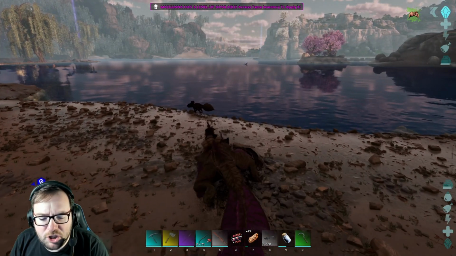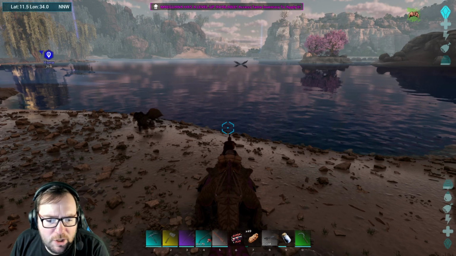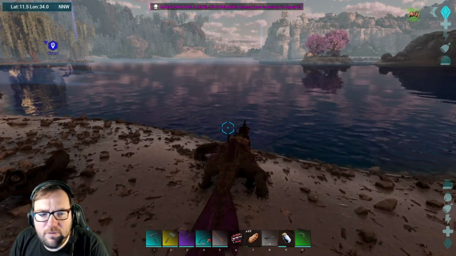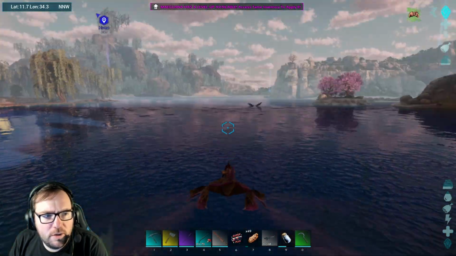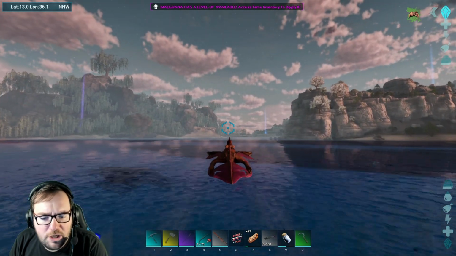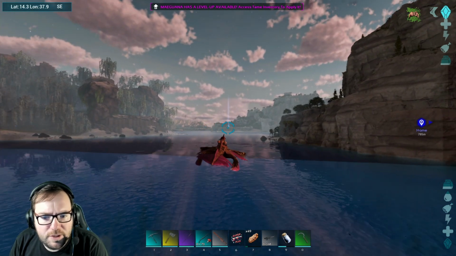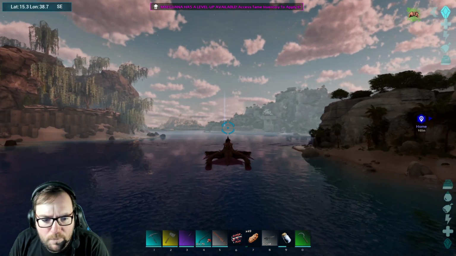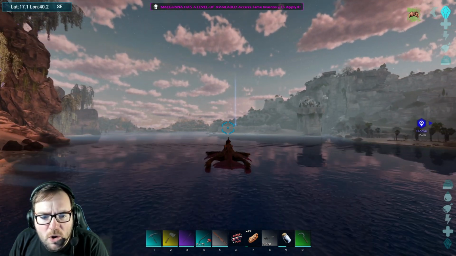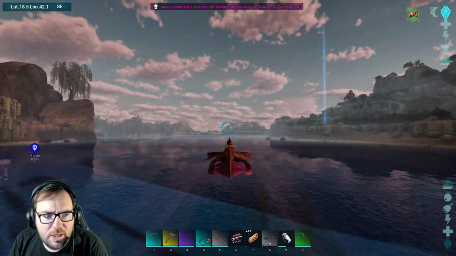Let me see. Hold on, let me get the coordinates ready. 24.5, 22.9. That's what we need for this ocean adventure. So let's head over there. We'll fly over to the location, and then we'll go underwater and see if we can explore this cave. So that's what we're going to do in today's video: get the last artifact needed, and then next episode, we're going to fight Medusa, the first boss on here,